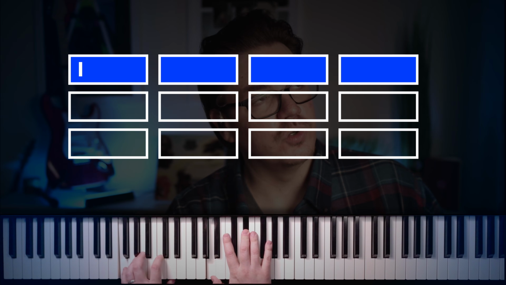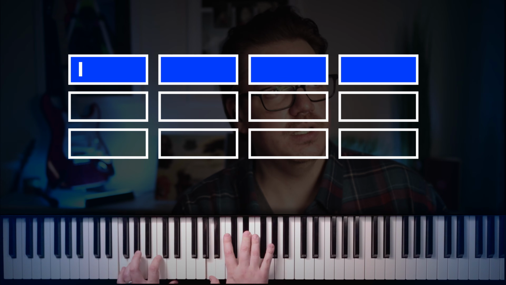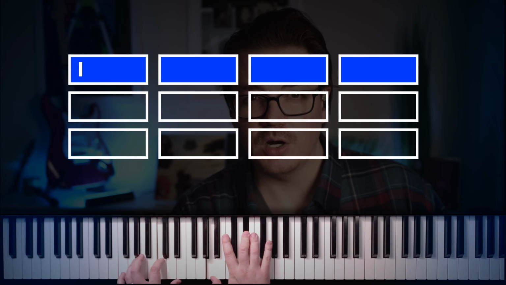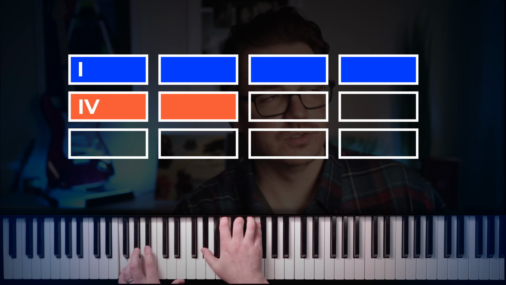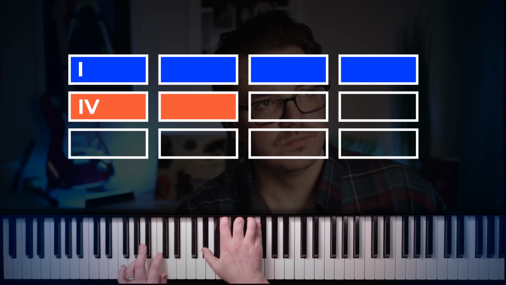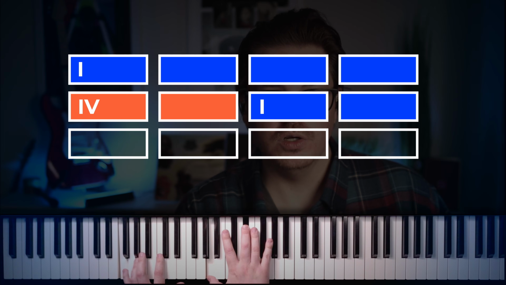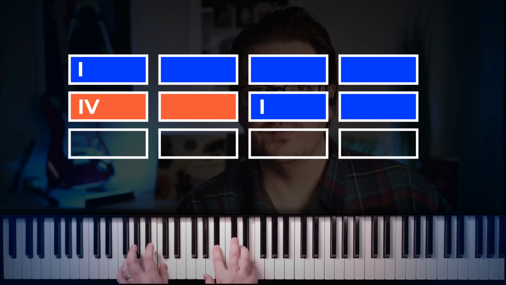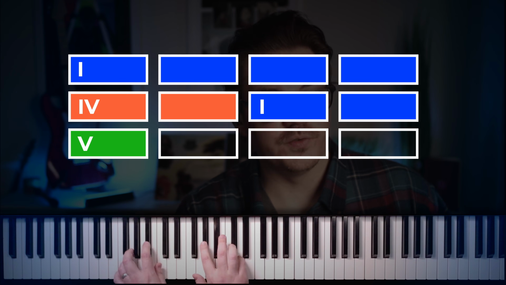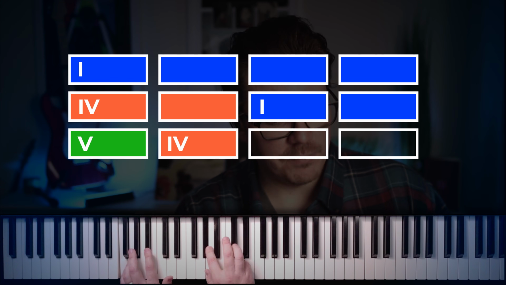And it looks like this. The first 4 bars are all the 1 chord. So F7, 2, bar 3, and bar 4. Now we go to the 4 chord for 2 measures. And now back to the 1 chord for 2 measures. Then to the 5 chord for 1, to the 4 chord for 1 measure, and back to the 1 chord